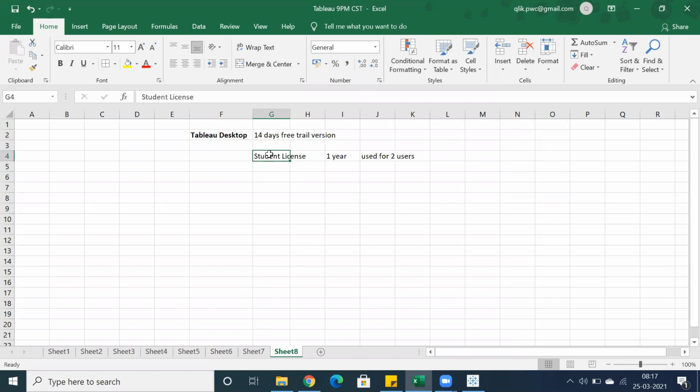So the student license, student version: if you have any particular person who is pursuing any type of education, the current status must be student, so that Tableau will provide the license. It won't take much time, within 2 minutes or 5 minutes maximum. If whatever details you provided are valid, you are going to get a license key. Then we'll apply the license.